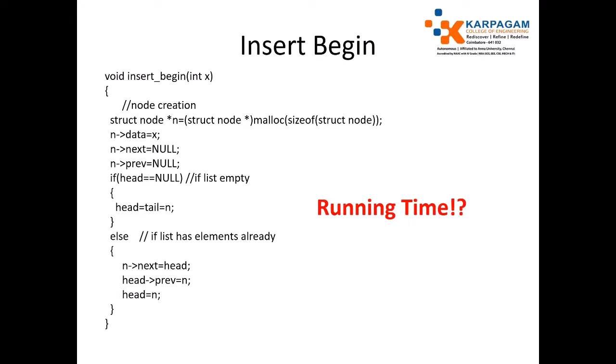So it is similar to single linked list only, but we are processing the previous pointers. Here, the difference between single linked list and double linked list is that we have only one extra statement, head of previous equal to n. Otherwise, it is equal to single linked list. But we are also having one more pointer. New node of previous, we are setting new node of previous equal to null, similar to single linked list. Just to compare single linked list implementation with the double linked list implementation, we may add one or more statements. Otherwise, it is easy.